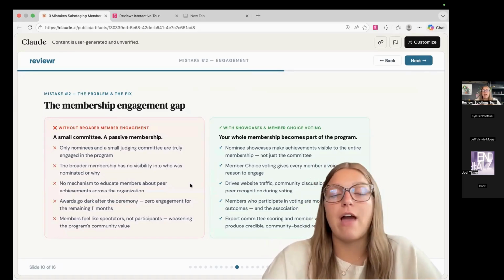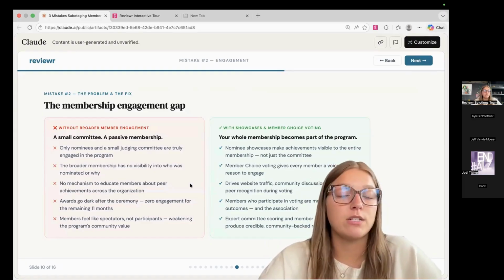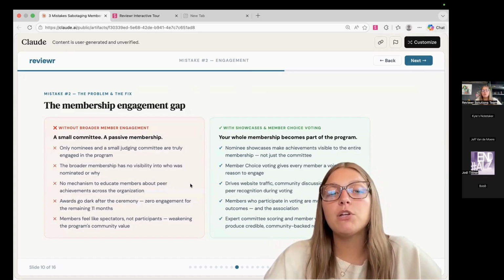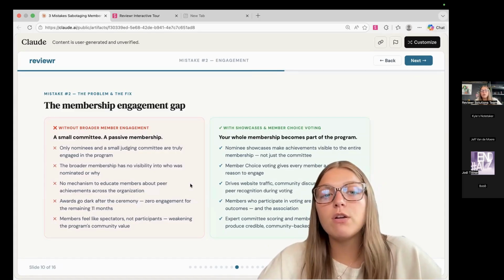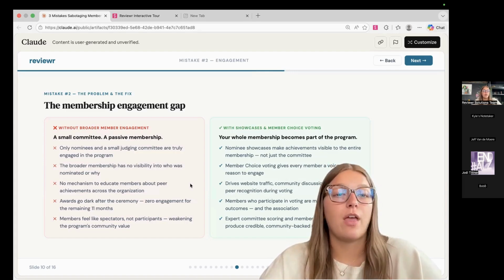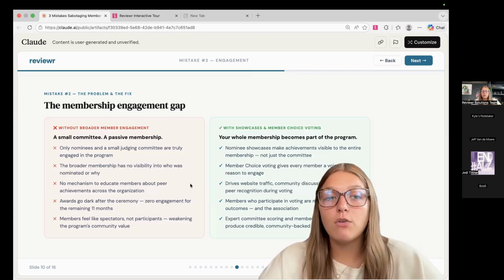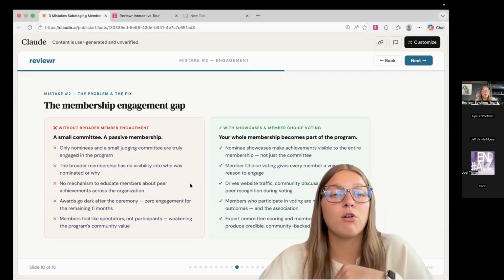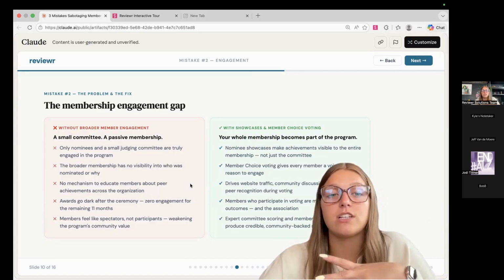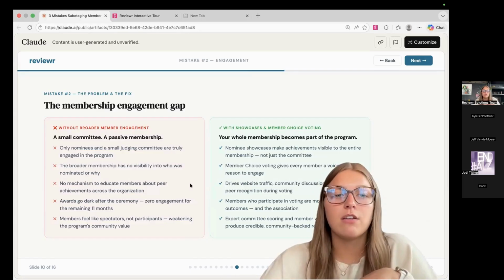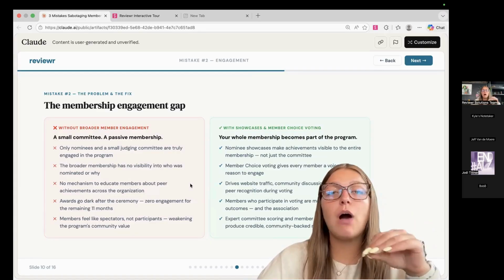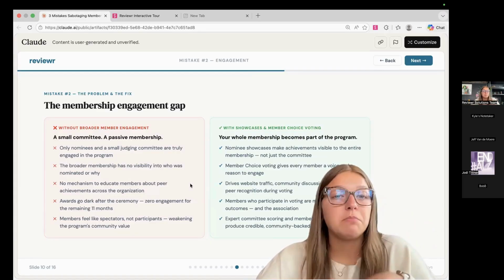You obviously aren't going to have everyone be nominated. You're not going to have everyone submit a nomination. That's not realistic, and we understand that. But what we do want to work towards is getting more of your membership involved in a way that works for them. So that might be the voting program, the member voting, community also. If you're running an awards program in a business and organization within your community, get the community involved. Second thing is that the people outside of your small group of people who are being nominated, they don't